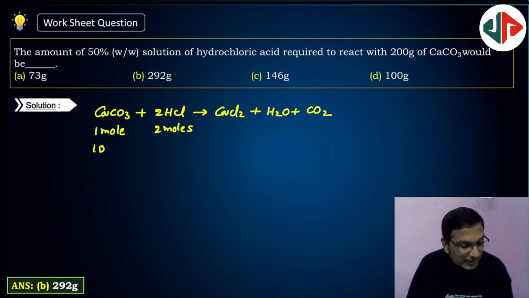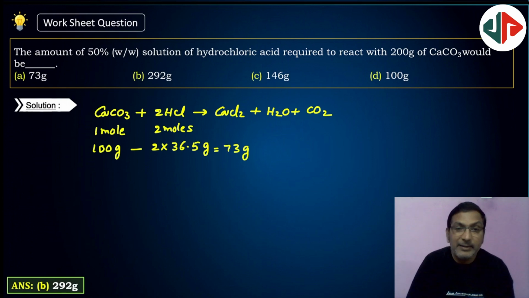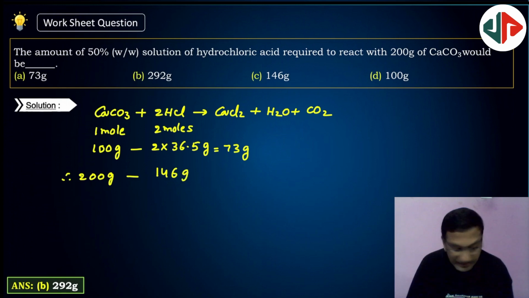1 mole means gram molecular weight. 100 grams reacts with 2 into 36.5 grams. That is simply 73 grams. For 100 grams, that 73 grams of HCl is required. Therefore, for 200 grams, so double the value means 146 grams of HCl is required. Therefore, 50% HCl required is,